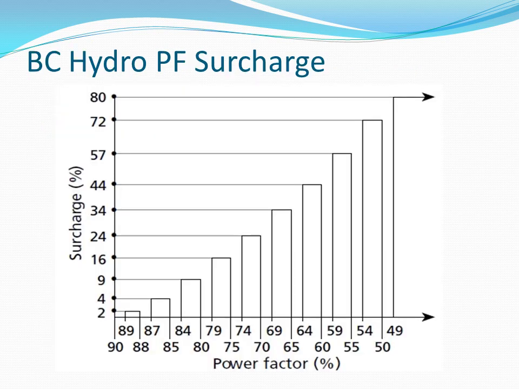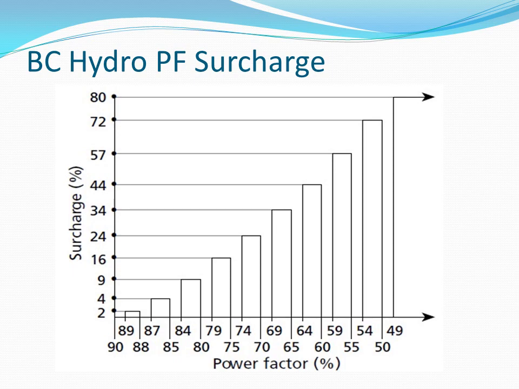The BC Hydro power factor surcharge. BC Hydro's condition of service requires equipment to have a power factor of at least 90%. On most non-residential service, a charge is applied to cover the extra service needs, determined by the degree of power factor. If you have a low power factor, BC Hydro may do one of three things: disconnect your service, require payment of an additional 50 cents per month for every 100 watts of the connected load, or apply a surcharge to the total